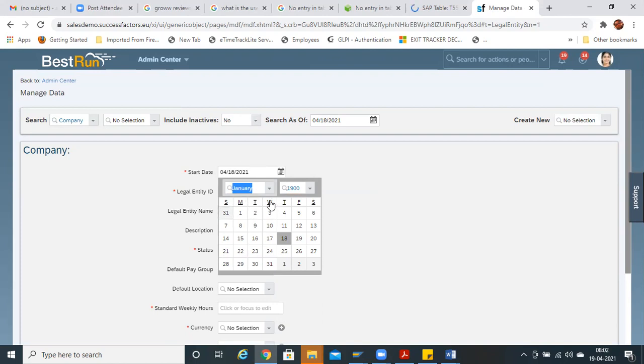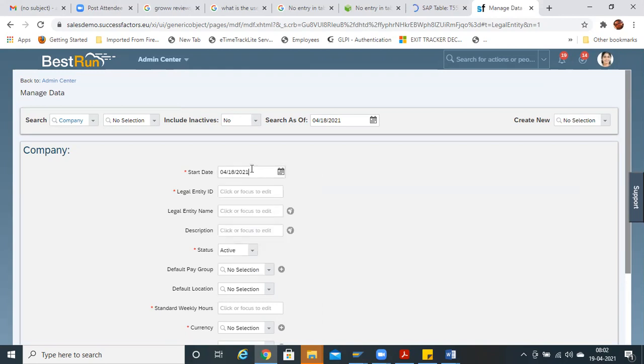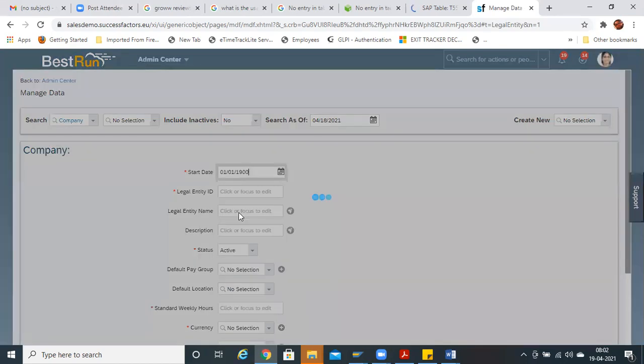If you want to hire an employee backdated, but you are creating the legal entity as of today's date, it will not allow you to hire the employee backdated. For safe side, you have to mention a default date like 1st January 1900.